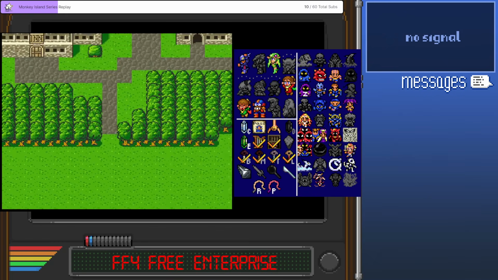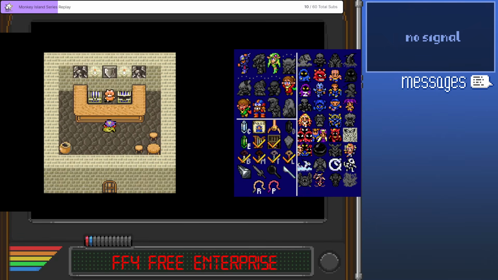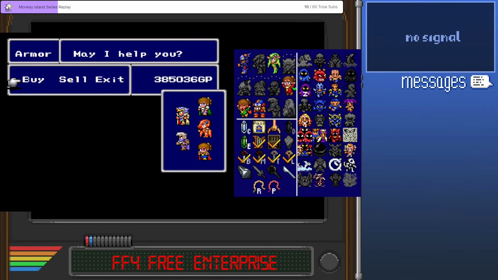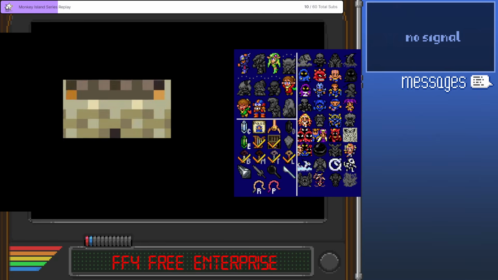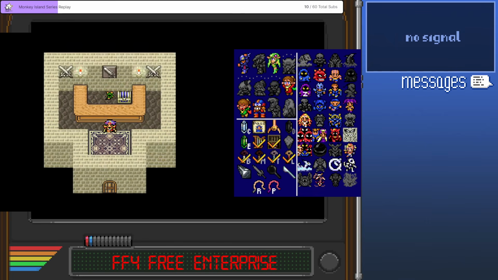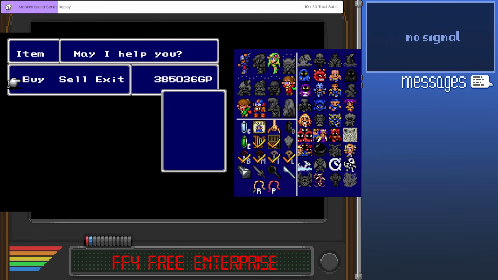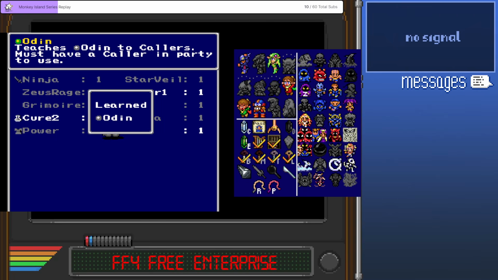Yeah, what's in this town? Never actually did stop here and look. What guys got for sale? Bunch of stuff we don't need. Actually, what do you got in your body here, Cecil? Dragon armor. Okay, that's fine. None of that's worthwhile either. Okay. Not the item shop. You know what? I'll buy an Odin, sure. I will probably never actually use this, but...